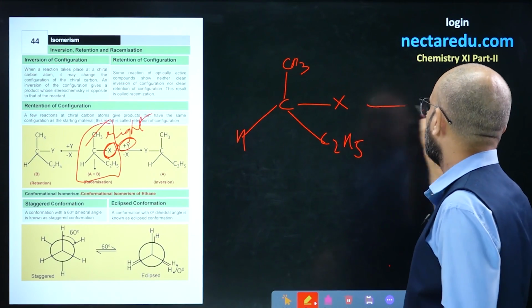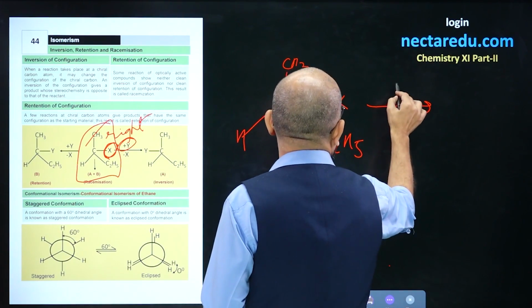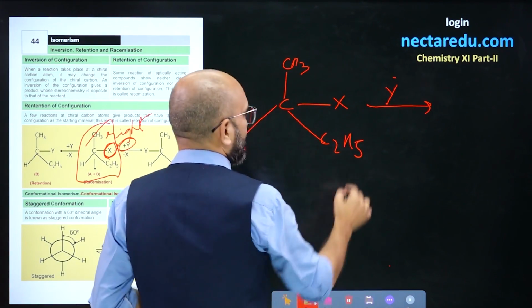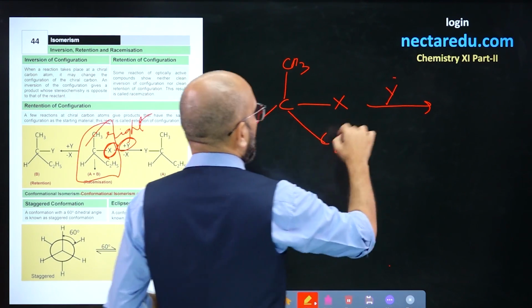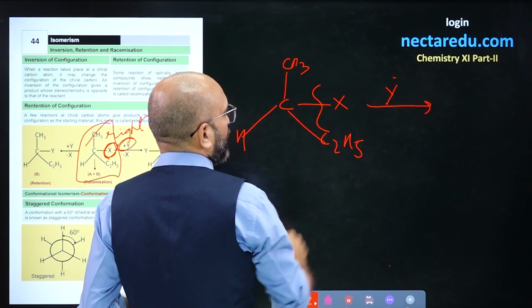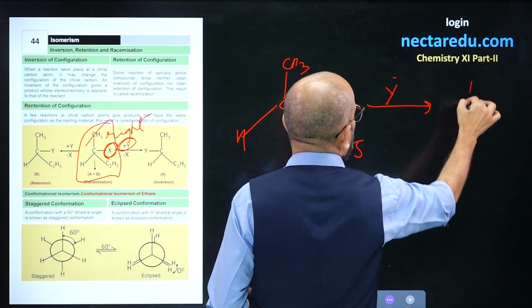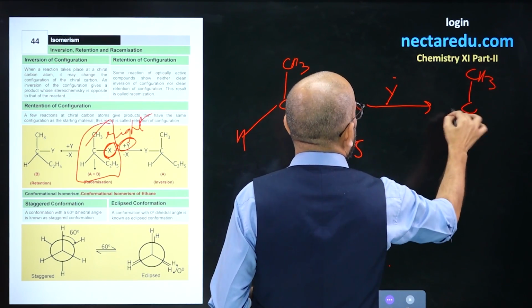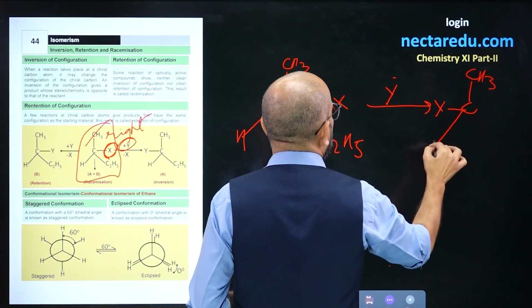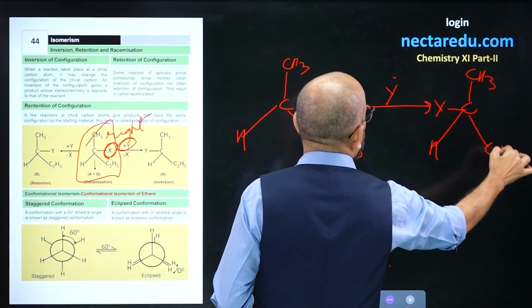So, if I have Y minus attacking this carbon and X is removed, you get something like this, CH3, and Y comes on the other side from where X was present,